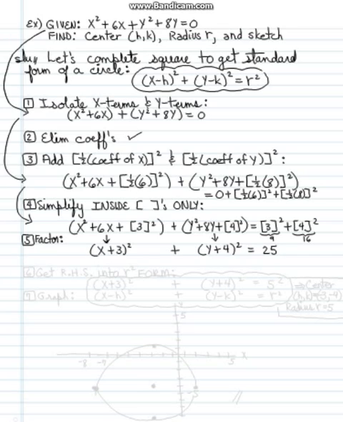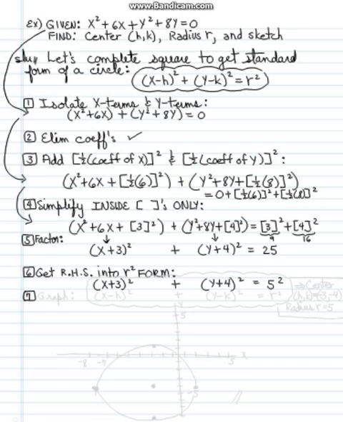Okay, that's number 5. Number 6 says to get the right-hand side into r to the second power form. So we're going to rewrite the right-hand side as something squared. That gives us (x plus 3) squared plus (y plus 4) squared equals 5 squared. Step 7,